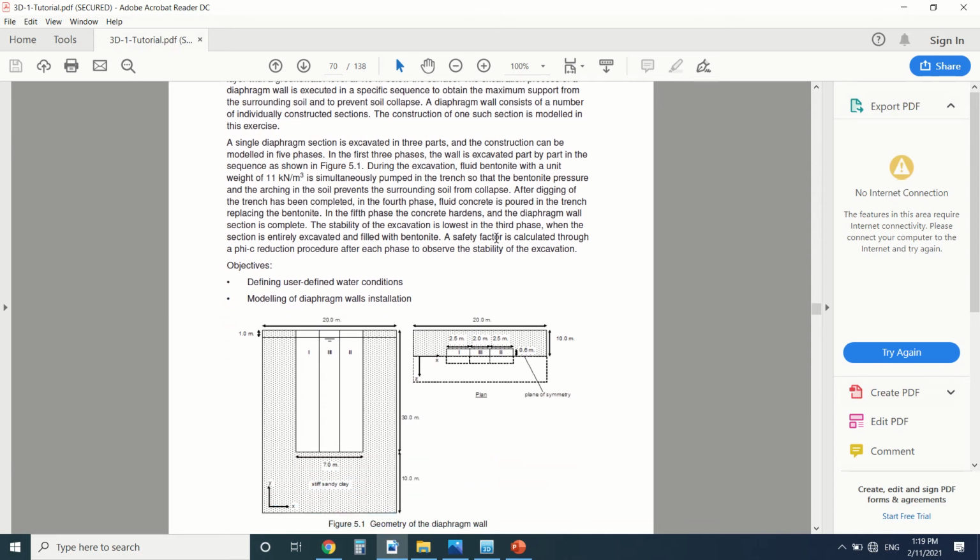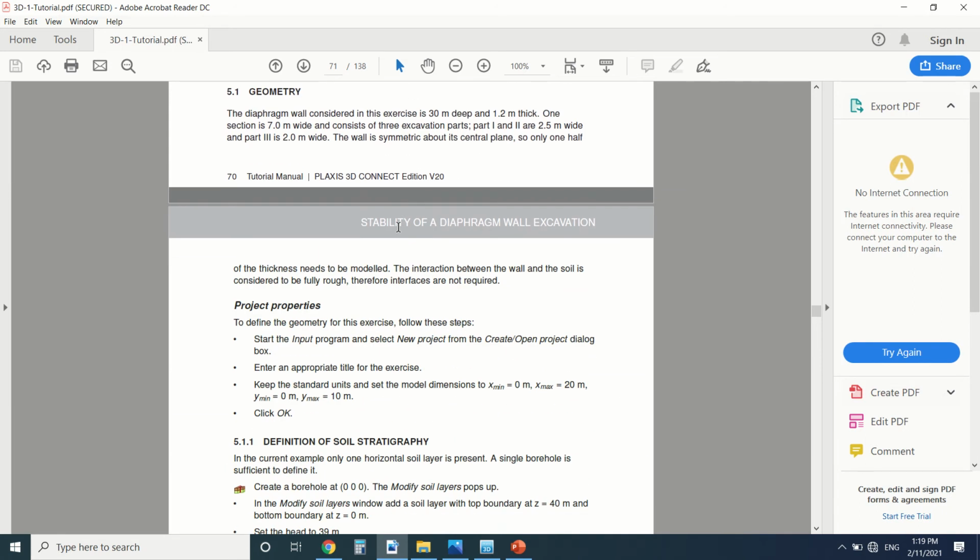So we're gonna also see the safety factor. We're gonna make a safety analysis here, and also I'm gonna talk about the stability. The stability is lowest in the third phase when we excavate all these trenches. So I'm gonna start by the geometry. This is the geometry. 30 meters depth, 1.2 meter thickness,